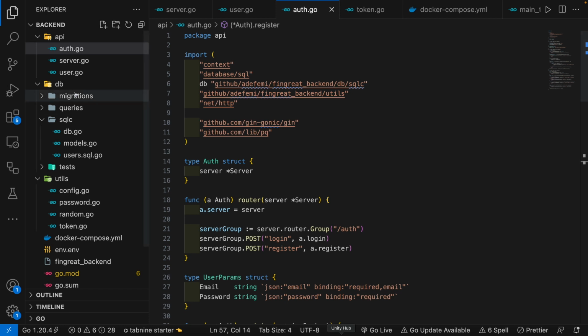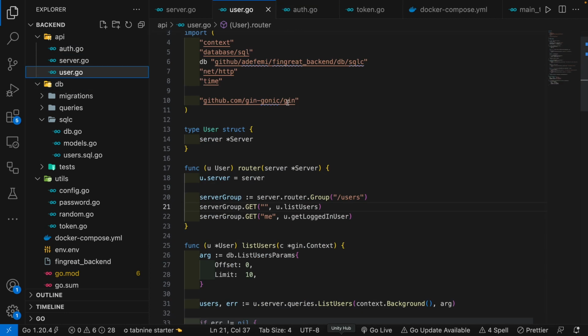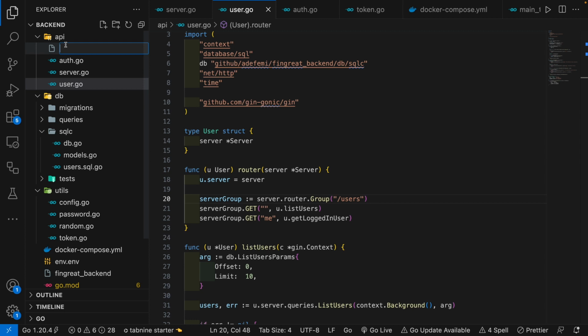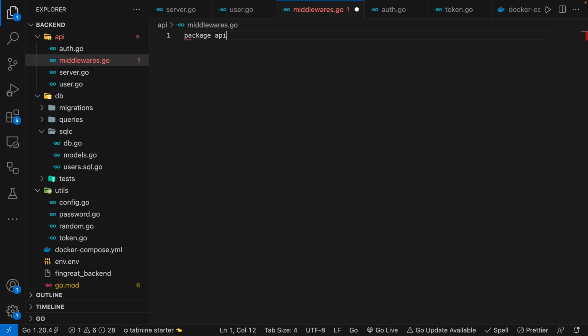And the reason why I made that change is that I want this user endpoint to require authorization. So before you can access any of the routes within the user, you must be authorized. Okay? So we are going to create a middleware that we are going to assign here. So based on that, I'm going to come within the API folder and create a new file called middleware. So again, I'm going to target the API package. And a middleware is just a function that returns a gin handler function. So it's going to be like this: